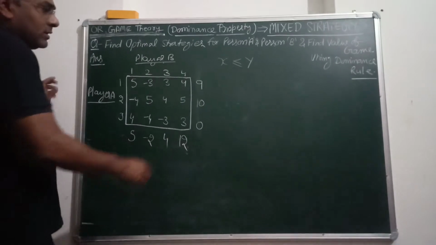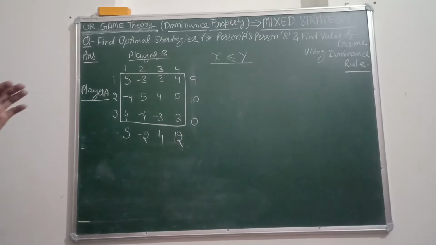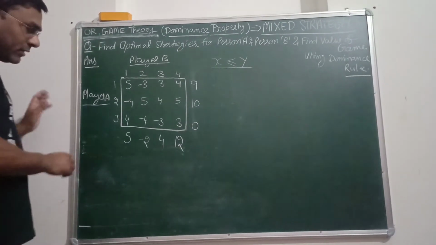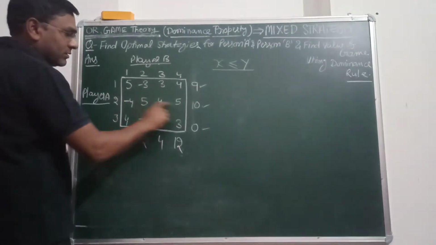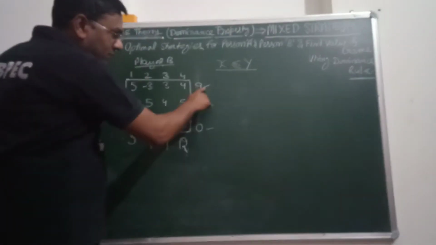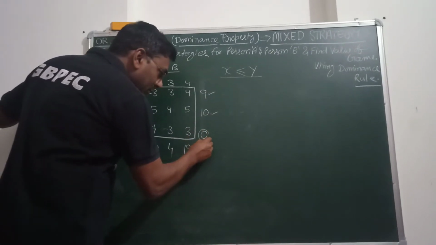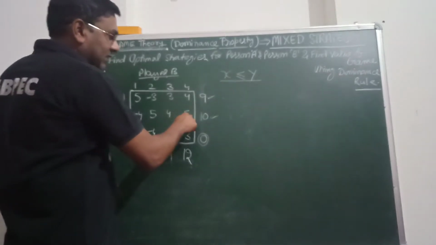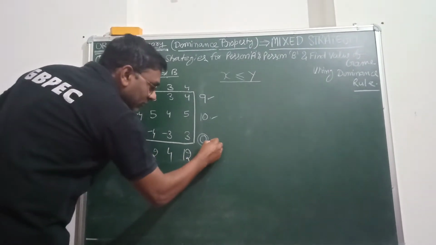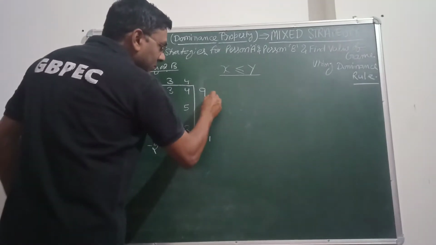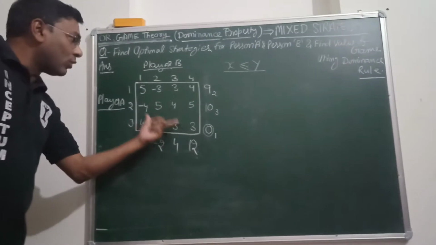Okay, now as A will choose the strategy which can provide him maximum gain, what we have to do is, from these three values after adding the values of the different rows, choose the value which is the minimum. So 0 is the minimum, so we will compare this row with other rows so that we can use the dominance rule. Initially I am going to mark it as 1, this is the second minimum, and this is the third minimum. Okay, so initially we will compare this row with these two rows.